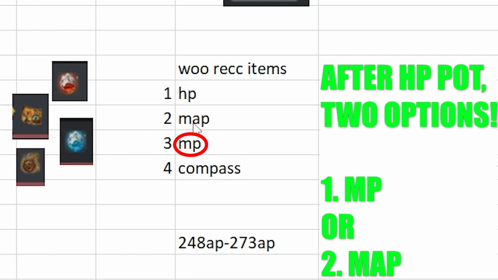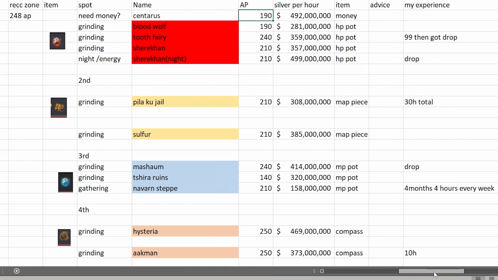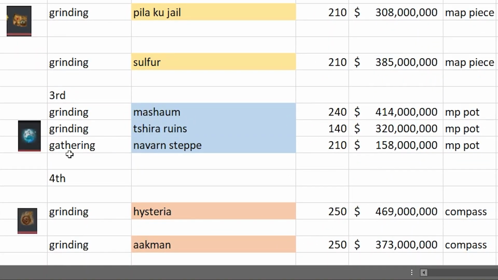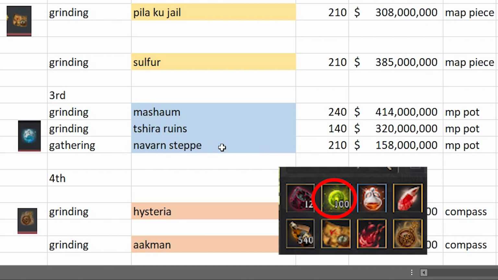If not, then you can still grind out and get the map pieces. The reason behind that is, if you look at the grinding locations for blue pots, you have to do the gathering part, which is Never Steppe, and you usually get 1 every 1 hour. And so basically for me, I had to spend 100 hours to just get the blue potion just for that